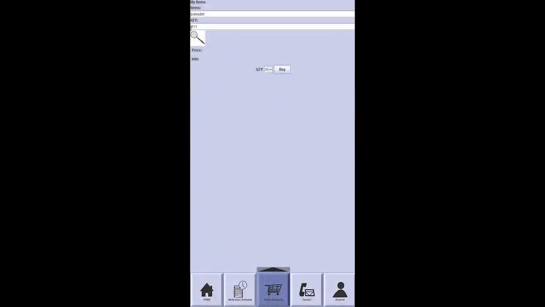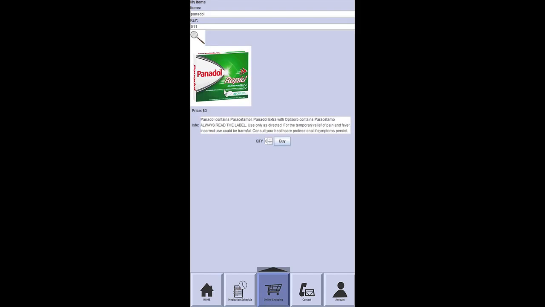The shopping interface allows users to search for items they want to buy. Users enter the item's name and the key into the item column and the key column, then click search to find medicine. The interface will display the image of the medicine and its price. Users are allowed to select the quantity of the powder with a spinner. However, users can check their shopping details by clicking